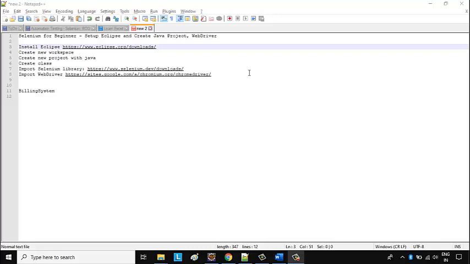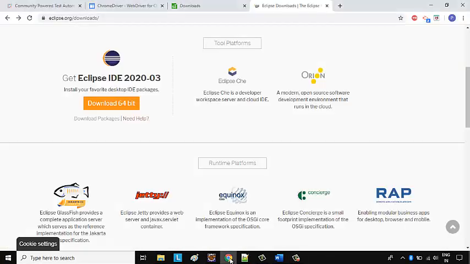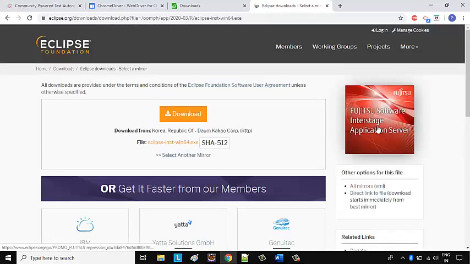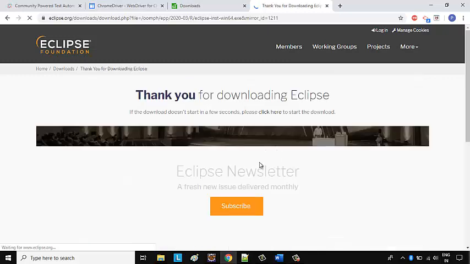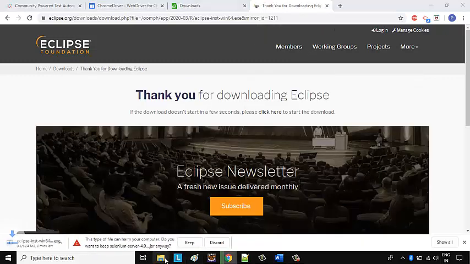First of all, we should have one platform available for programming, and for Java with Selenium we should have Eclipse available. Eclipse is a tool that provides a mechanism to write our code in multiple languages. There is a site I already mentioned in the details section: eclipse.org. From there you can download the Eclipse version. Download the 64-bit based on your computer or laptop capability, and click on download to start downloading.